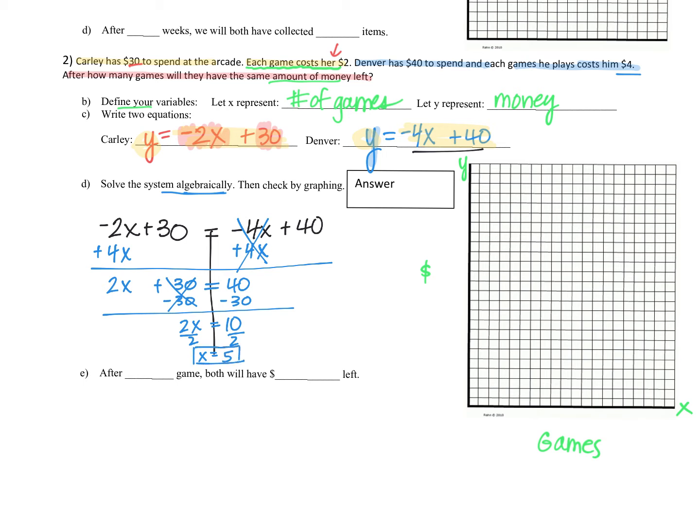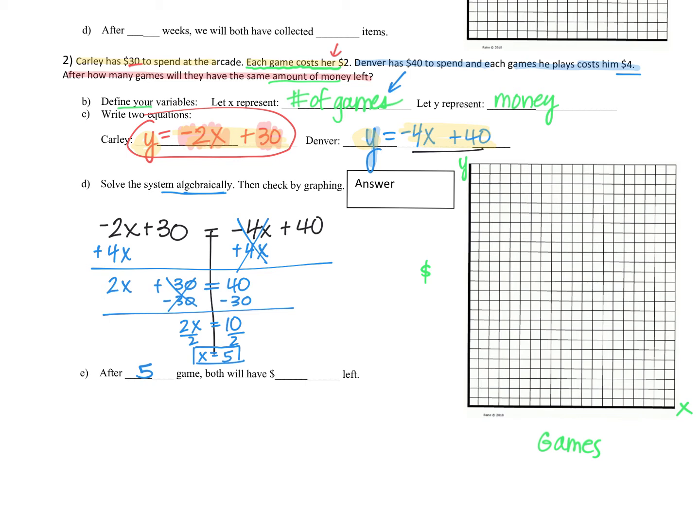Now remember, x was the number of games, and we have that up here. So that means after 5 games, it says they will have how much money left? Okay, well, again, I'm going to have to find a little space wherever you guys have room. I know I didn't leave you the best amount of space ever, so I apologize. If you want to know how much money they're going to have, let's go ahead and plug it in one